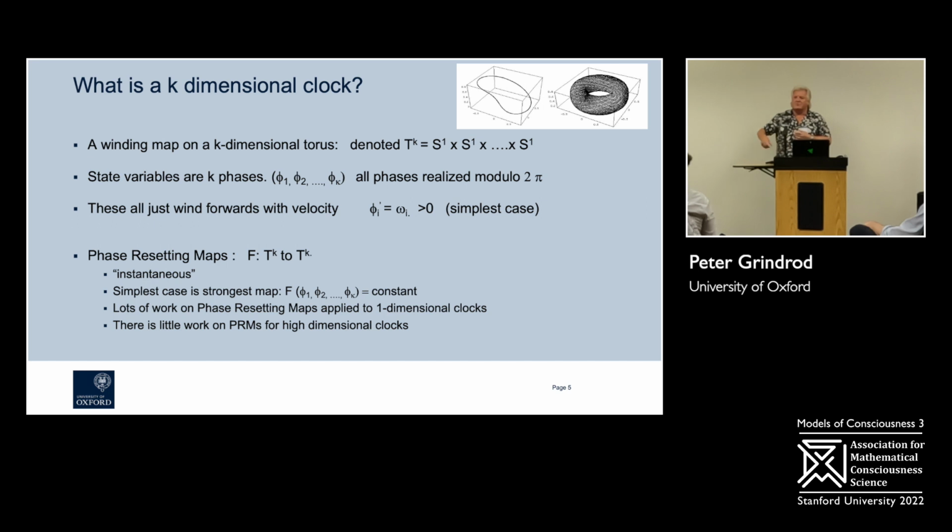And we call it S1 because it's one-dimensional, and S stands for sphere, so it's a one-dimensional sphere. Normally we think of spheres as S2, don't we, which is a two-dimensional curved object that goes the surface of a ball. S1 is just a circle. And T^k, a k-dimensional torus, is just a Cartesian product of lots of copies of S1, so S1 times S1 times S1. So I've drawn T2 on the top right there, which is a sort of surface of a donut,